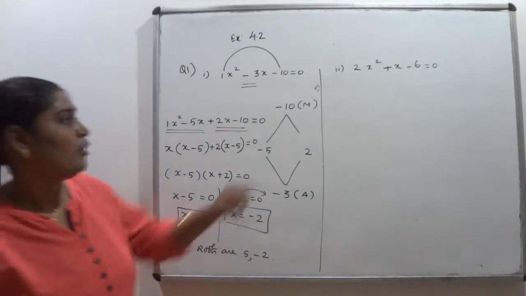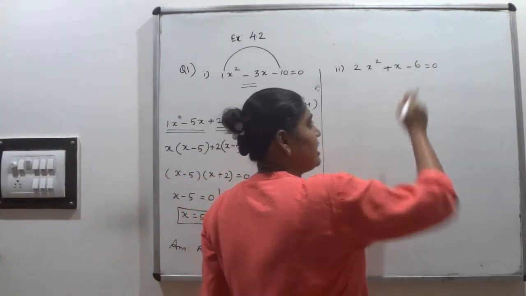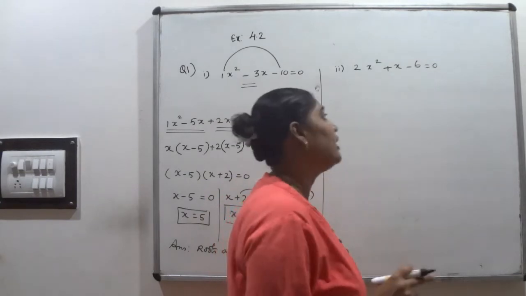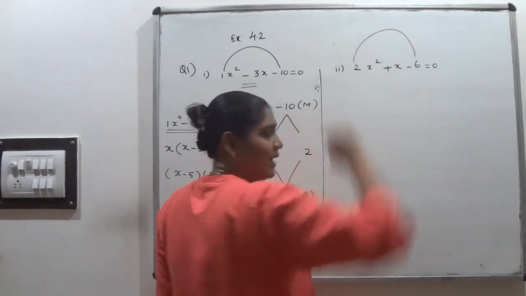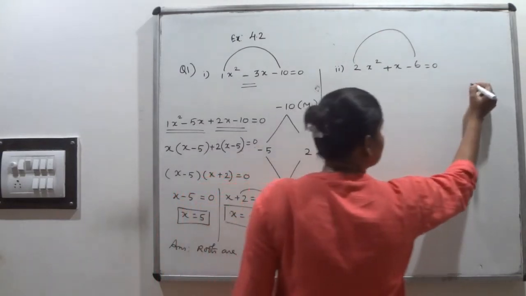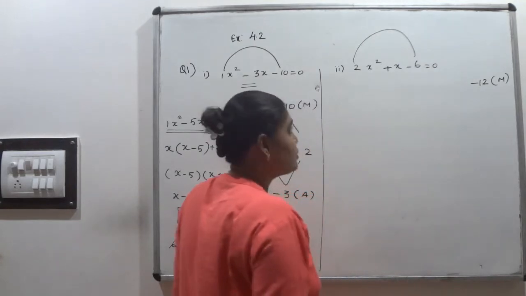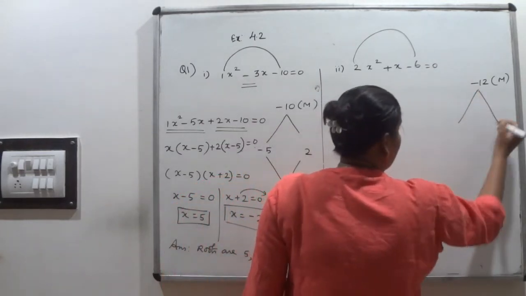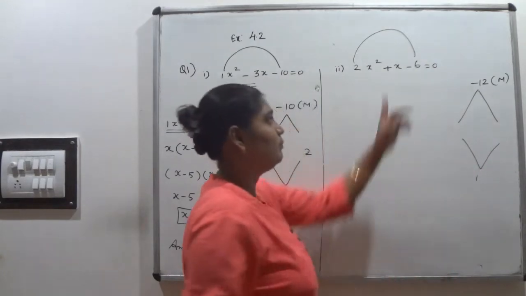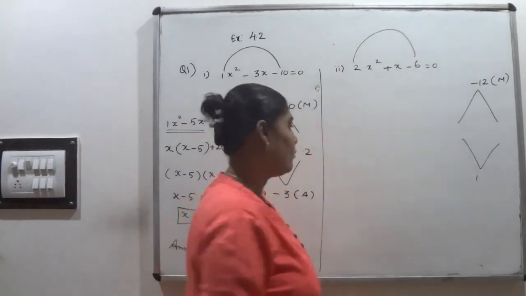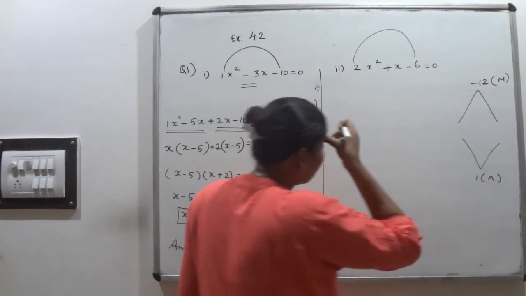Okay. Go for this equation. 2x square plus x minus 6 equal to 0. I am going to find out the roots of this equation. For that, 2 into minus 6, what will you get? Minus 12. That means in multiplication, you should get minus 12. In addition, what do you need? That is the middle term, that is only 1. Plus x, that means 1x. Such kind of numbers I am going to write here.